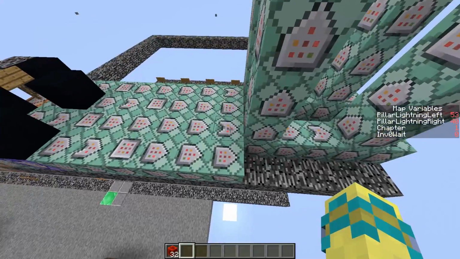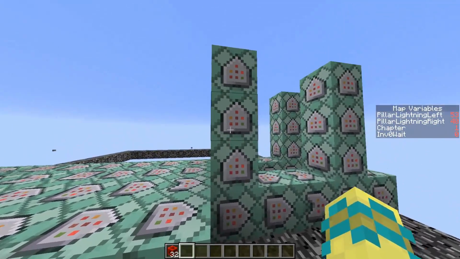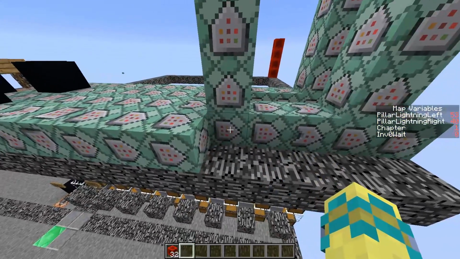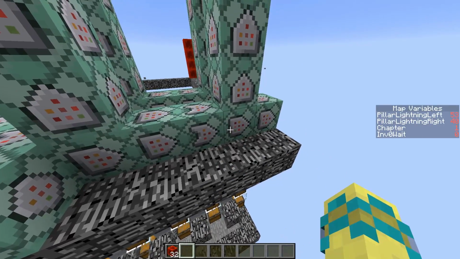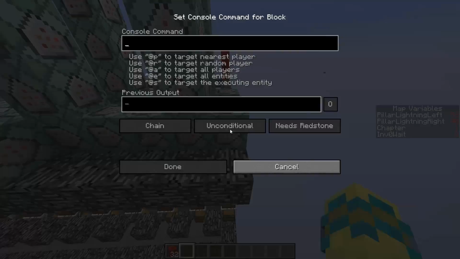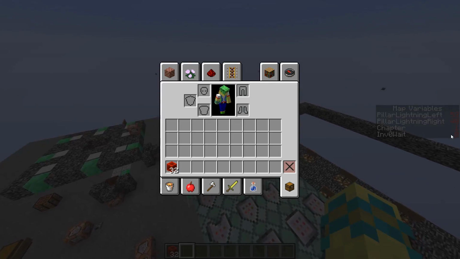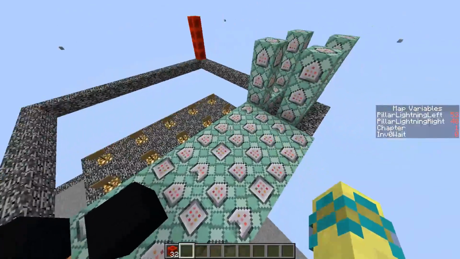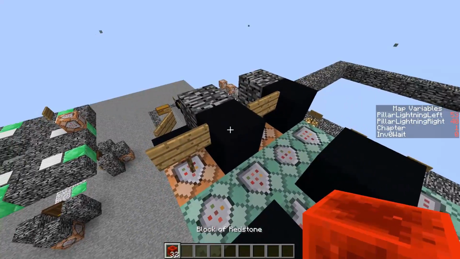So if that is true, then it sets this chain command block to face up, and it runs this chain of commands. Otherwise, it continues on this way and does the same thing. This one tests for chapter 1, and if that's so, it sets this to up and it follows that. Otherwise, it says invalid chapter. So you can see on the right, my chapter is 1, which is effectively chapter 2 because I start counting at 0. But if I run this,